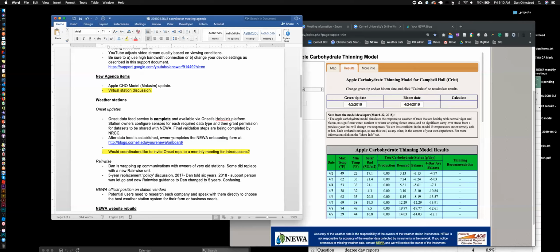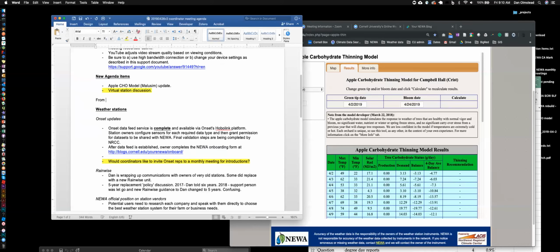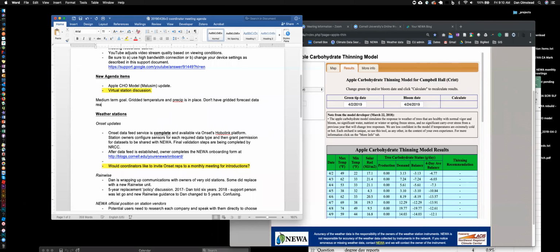I think it would be maybe a medium-term goal. Right now we have the gridded temperature and precipitation. We have that in place for current and historical data. We don't have gridded forecast data readily available to NEWA yet. We're working on that.